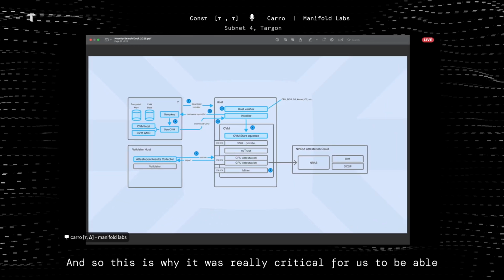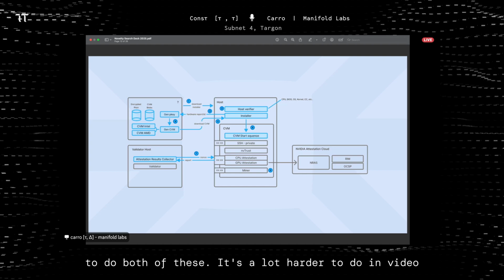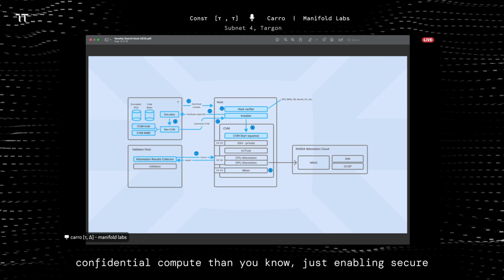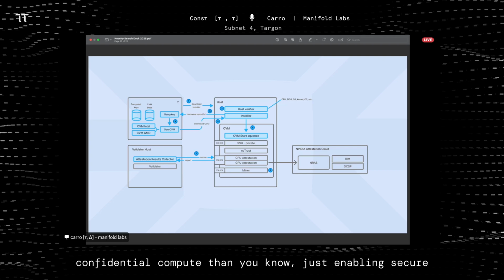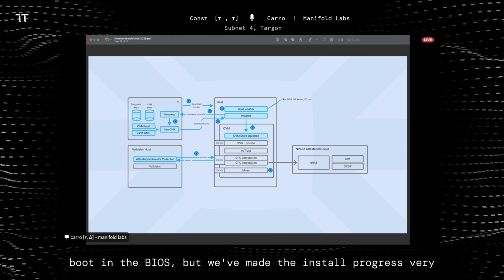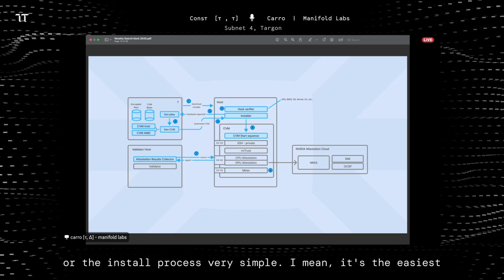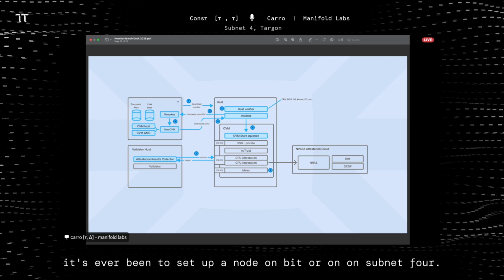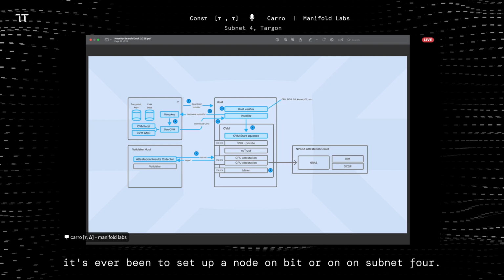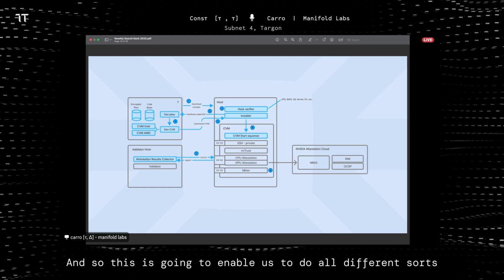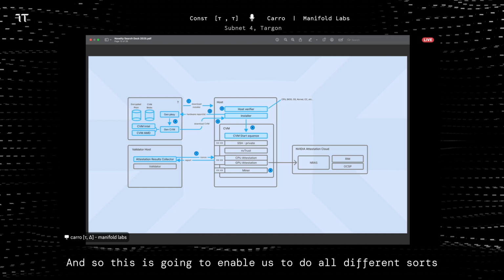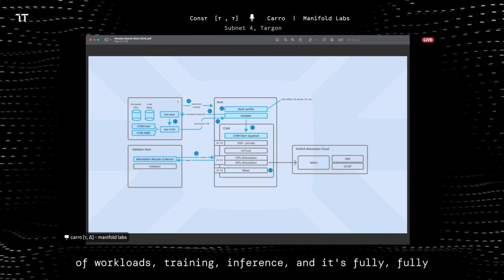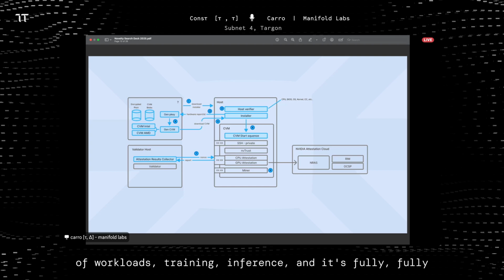And so this is why it was really critical for us to be able to do both of these. It's a lot harder to do NVIDIA confidential compute than just enabling secure boot in the BIOS. But we've made the install process very simple. It's the easiest it's ever been to set up a node on Bittensor or on Subnet 4. And so this is going to enable us to do all different sorts of workloads, training, inference, and it's fully